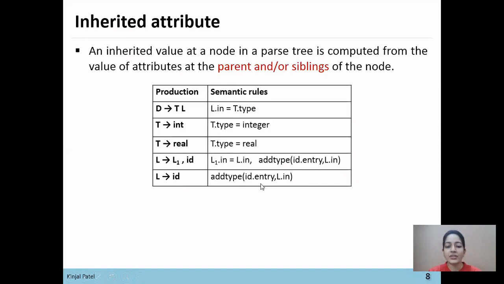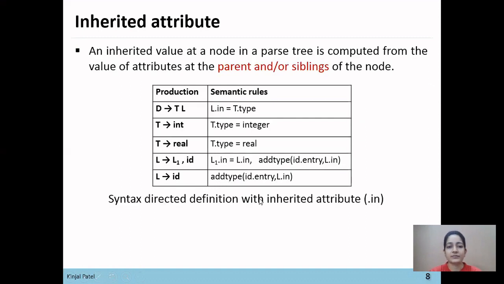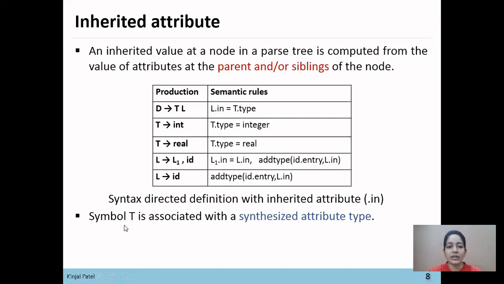The addtype function is used to make the entry of ID in the symbol table. Okay, so this is the syntax directed definition with inherited attribute .in. Here symbol T is associated with synthesized attribute type and symbol L is associated with inherited attribute in.